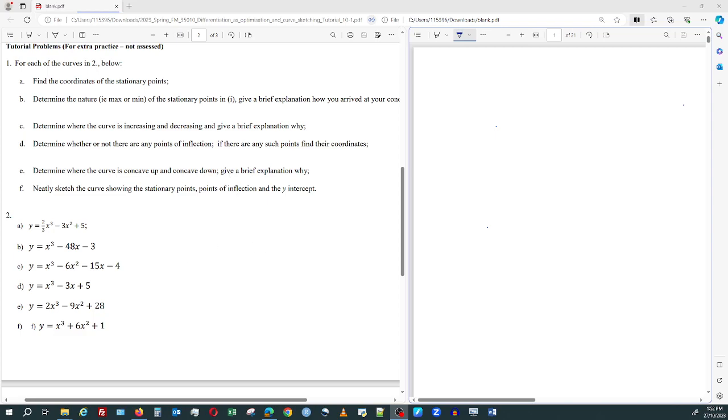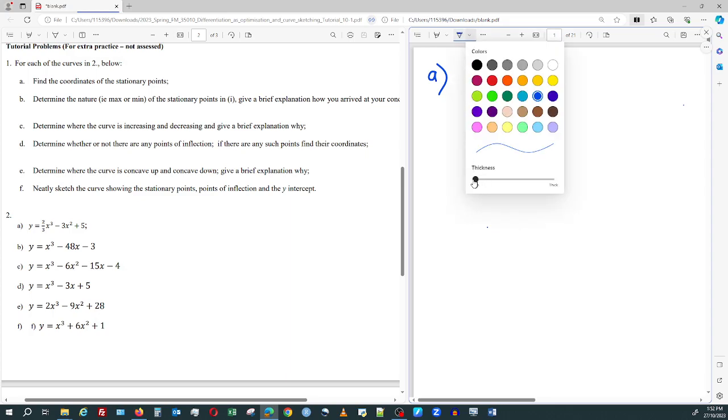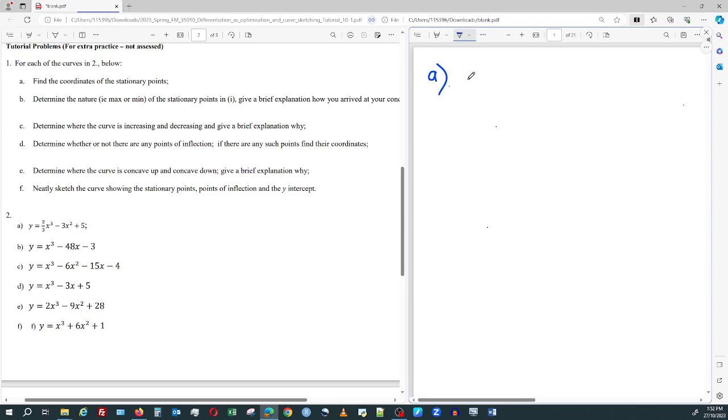It's worthwhile just making a note of that because that's important for us to recognise. All right, so let's go on with it. Okay, so for the question, part A, I'm just going to drop that down a little bit. We've got a curve which we don't know anything about, and how do we find out about this curve? We go through the process of